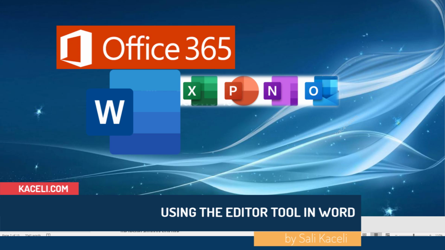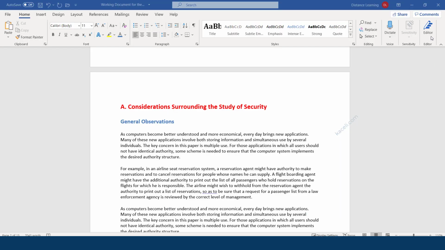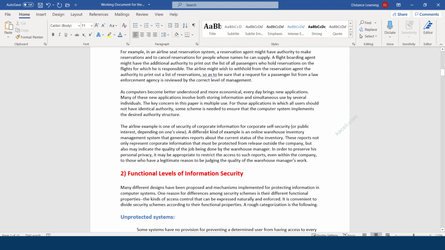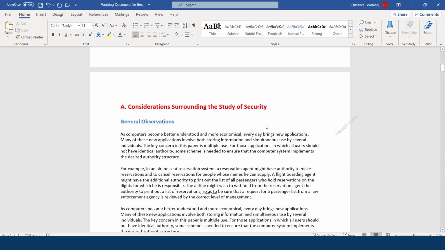In this segment of the Word tutorial, we are going to learn about using the Editor tool in Microsoft Word from Office 365. This is a new tool in recent editions of Word. So let's say we have this document or report, we have made changes to it, we have applied some formatting to it and things of that nature, and now we want to check it for certain functionality and grammar and